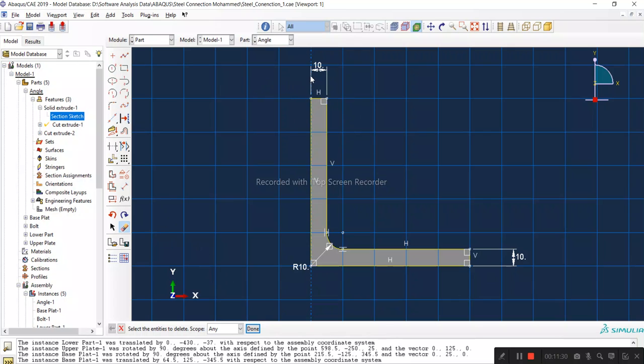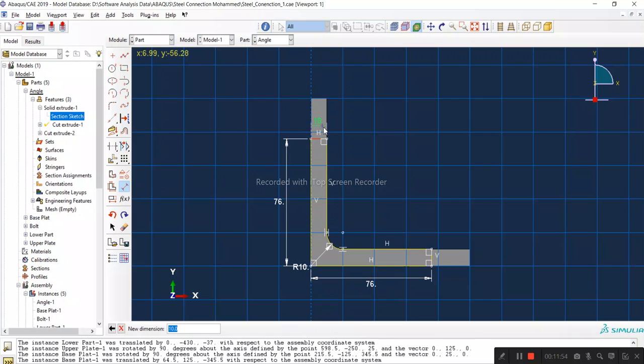This is 6.4 mm. I'm following the standard dimensions for the angle. This is 76 mm. The second one is also 76 mm, and the thickness is 6.4, and so is this 6.4. Alright, there you go,